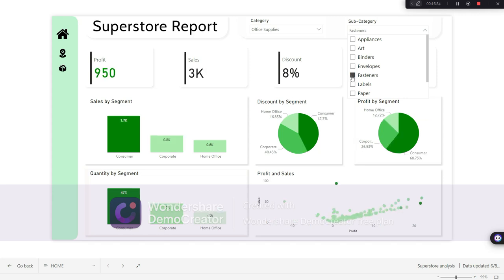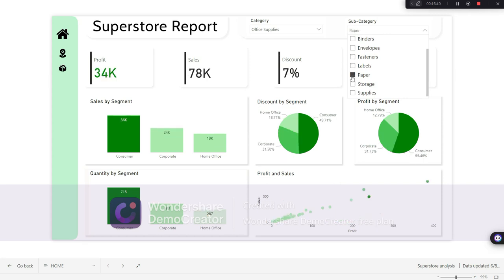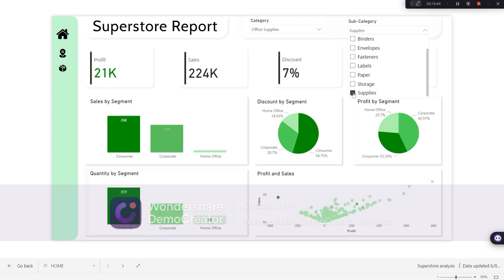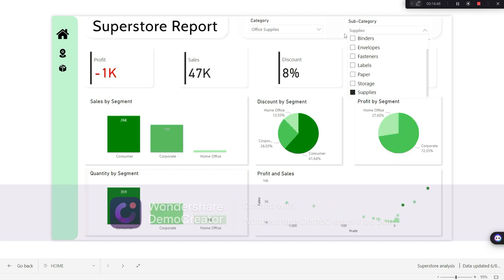Fasteners, we made profit. Office supplies, we made a loss of about 1K. As we see, some points are in losses because